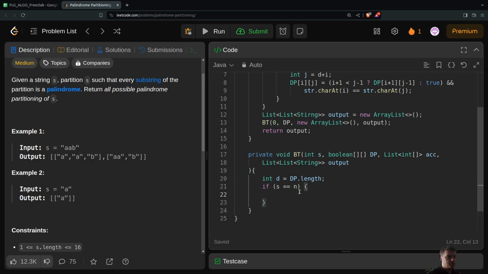then I'll need to create the candidate for the output and add that candidate to the output. So list string like list equals new array list, and then for